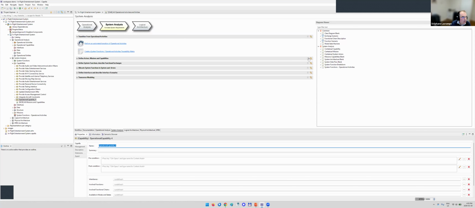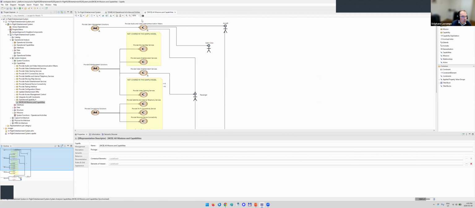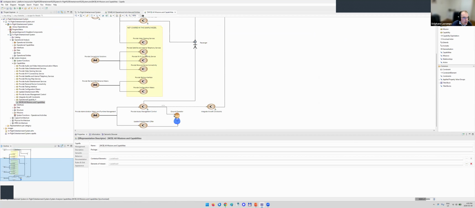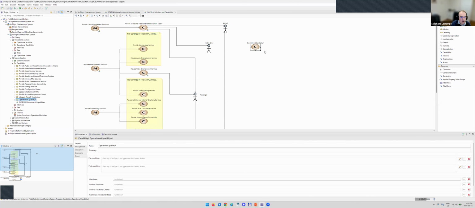So let's open, for example, the mission and capabilities diagram. Okay, so we don't have operational capabilities anymore. We have system capabilities. But we see that we have many more system capabilities than we had operational capabilities, because when realizing those operational capabilities, we are defining several system capabilities to achieve them. And so if I was to bring this operational capability into this diagram,